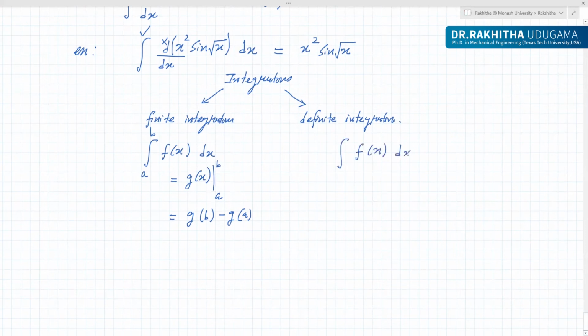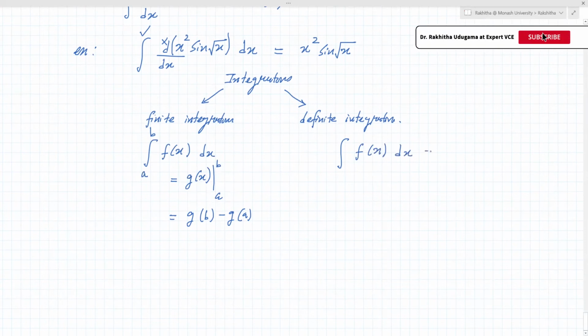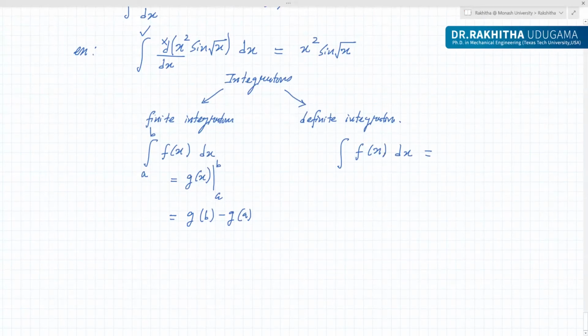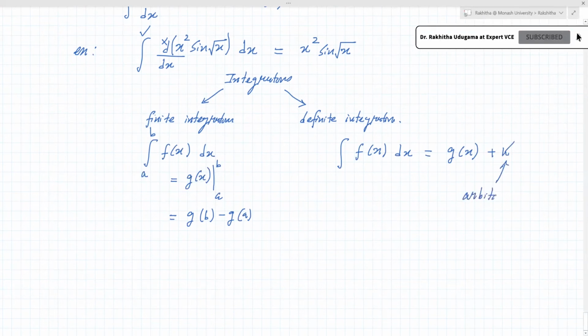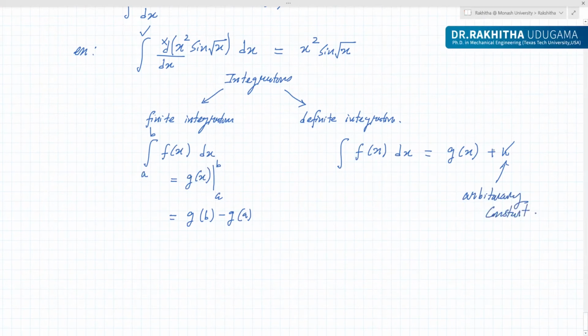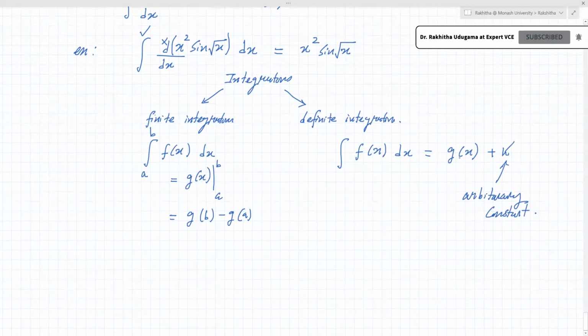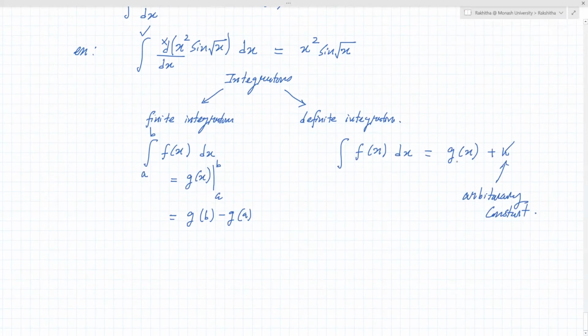Now for the indefinite integration, that would be integration without the boundaries. Okay, so when you do indefinite integration, what you do, you get the solution here, and always you are going to add a constant. So we call this an arbitrary constant. Okay, so we typically say k. This can be 2, 3, 4, 5, doesn't matter. Okay, so we will look into that later. Now, how do you get the g(x) answers, right? That is the problem here.